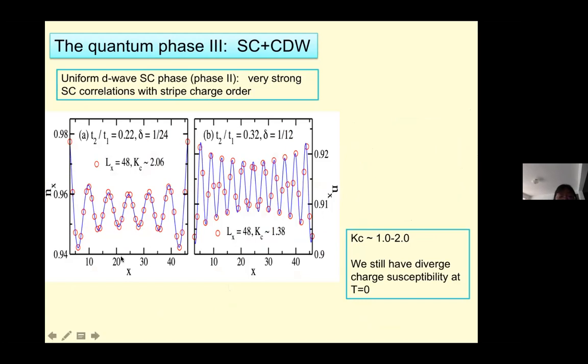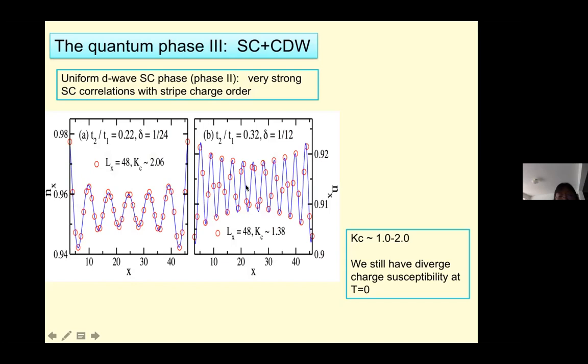We label them as the same phase, but with increasing T2, the charge density CDW pattern gets enhanced. We can look at the fitting of the amplitude decay, the exponent